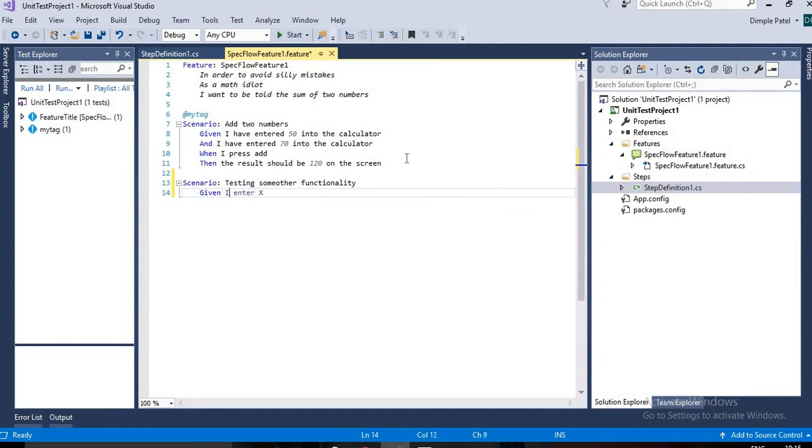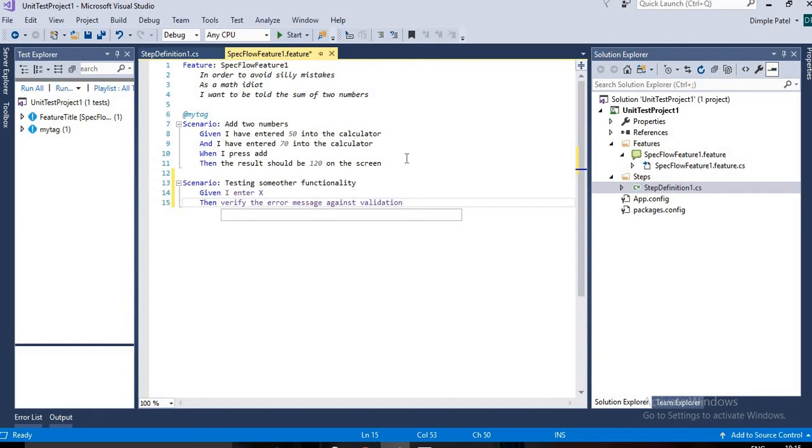This is also one kind of scenario, and then I have to verify the error message against the validation of some field. So we can have multiple steps, or only one step, or two steps, depending on the scenario.